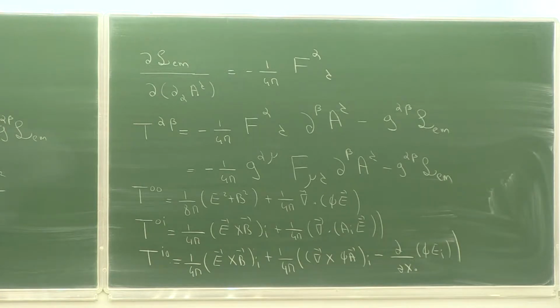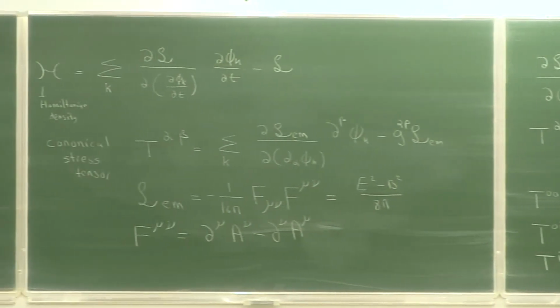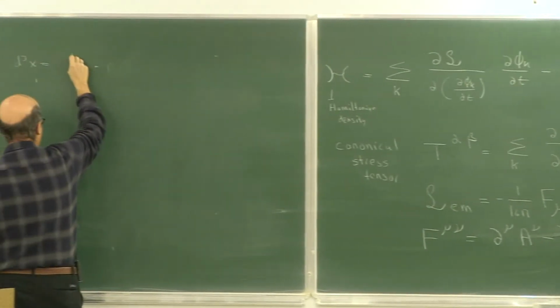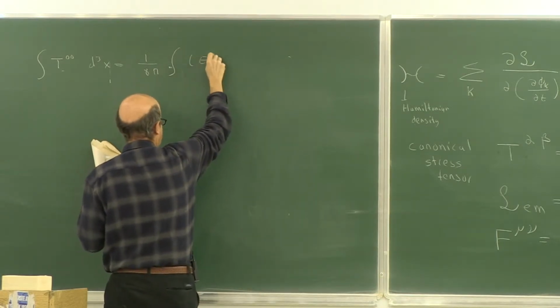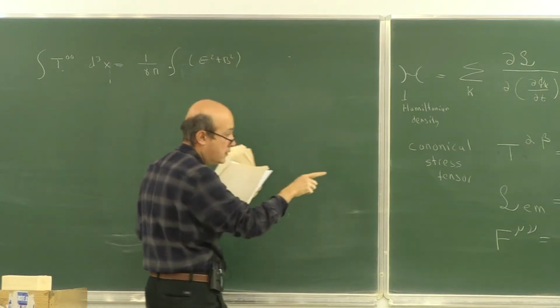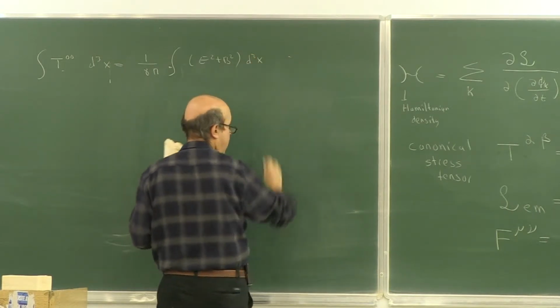So basically, if you calculate the volume integrals of the 0,0 component and 0I component, you can obtain physical quantities. 0,0 integrated through the volume will be what? 1 over 8 pi, E square plus B square, times d cube x, and plus